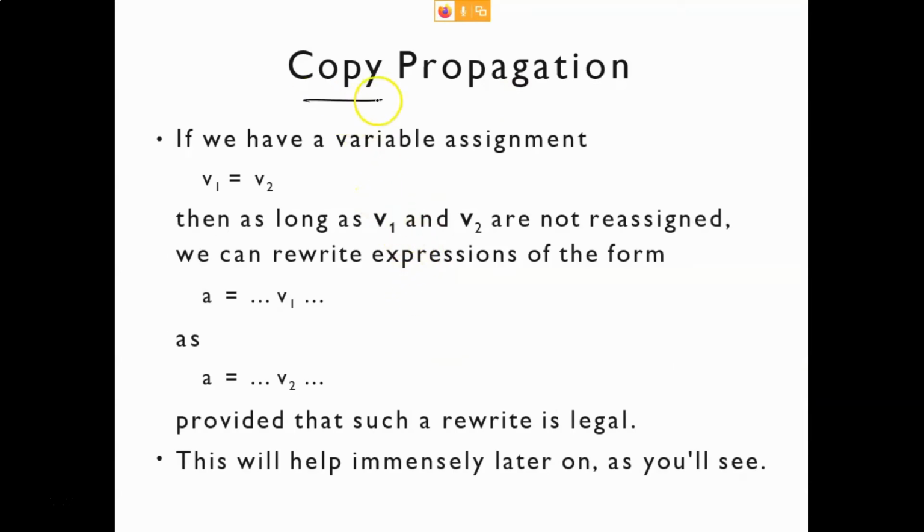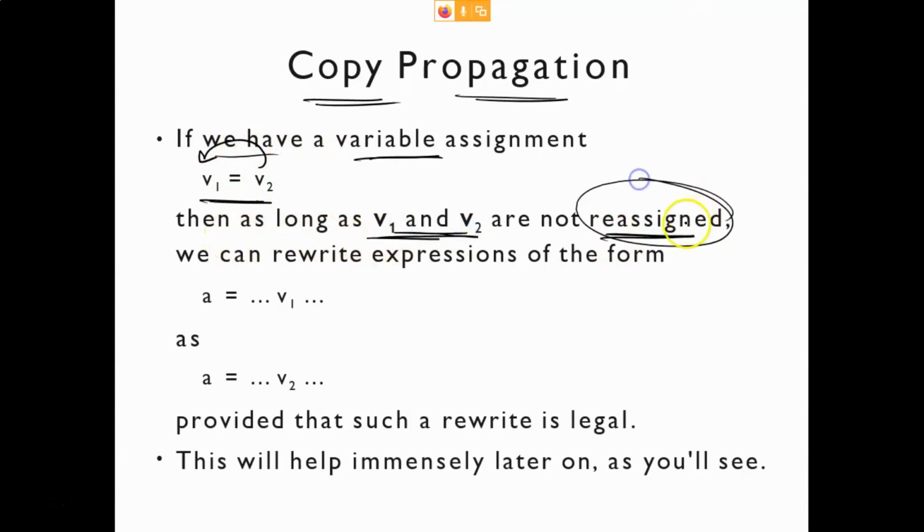Now let's see the formal definition of copy propagation. If we have a variable assignment, basically you are assigning v2 to v1, then as long as v1 and v2 are not reassigned, changed or defined, as I told you in the last class, assignment means definition, you can replace this v1 with this v2.